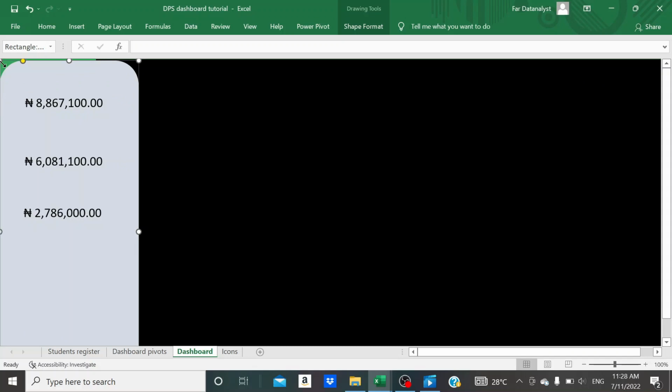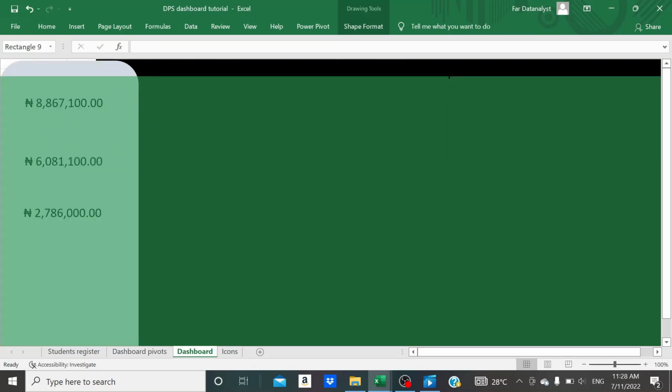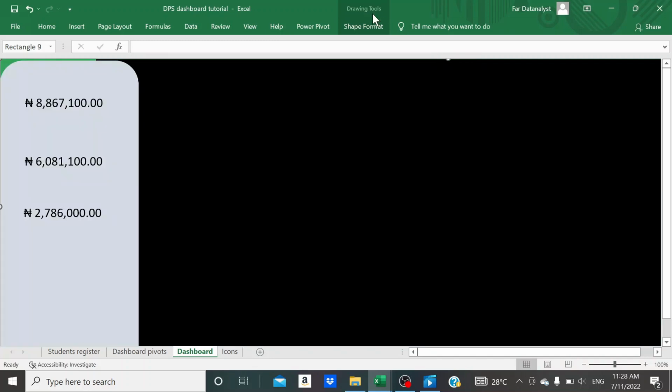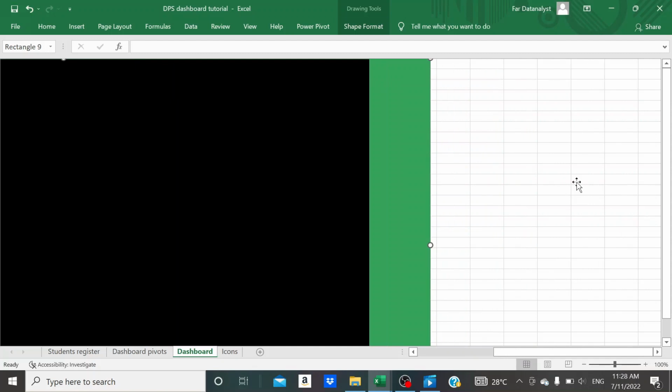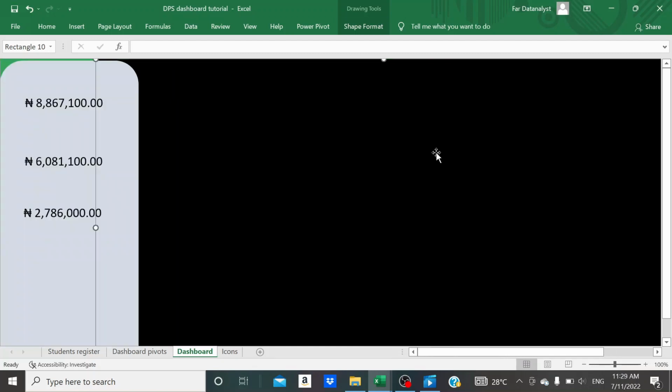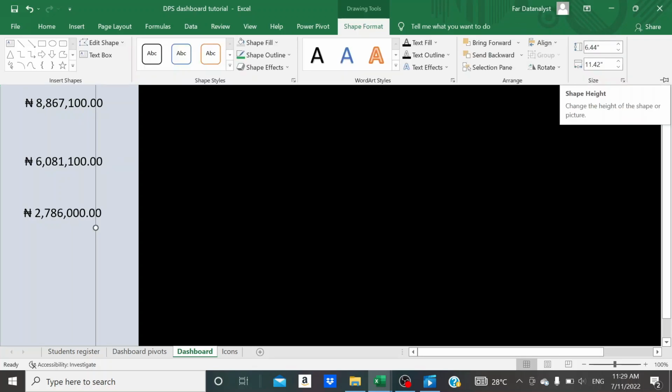Then for the green background, I don't know if you can see but presently I've highlighted my green background. Sorry about the inconvenience. For the green background, you can see around this area there is some kind of, okay, let me just bring it down so you can see. So I've already highlighted my green background. For my green background, I'll be giving the height, that is going to be my width. Then for my black background, I'll be giving it a height of,